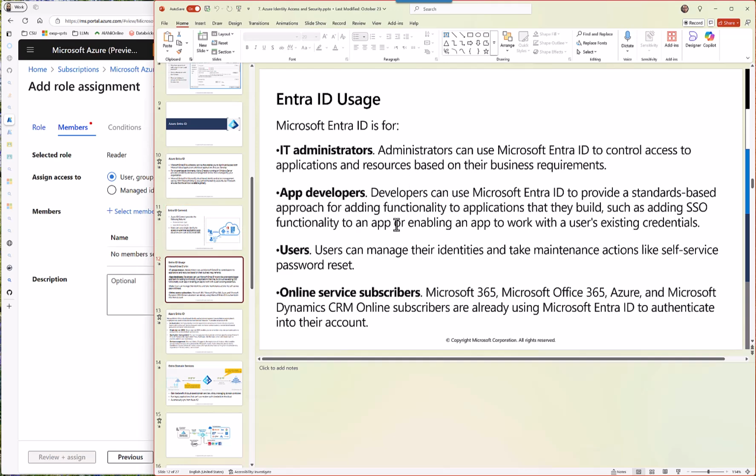हमारे लिए, for us, we need to understand app developers that we can use Entra ID to do SSO, single sign on. कि एक आपका आइडेंटिटी है, यूजर आईडी पासवर्ड है, you can use the same Entra ID to authenticate on your applications, right? This is what you can do. So उसके अंदर what will happen is that you don't have to do anything.